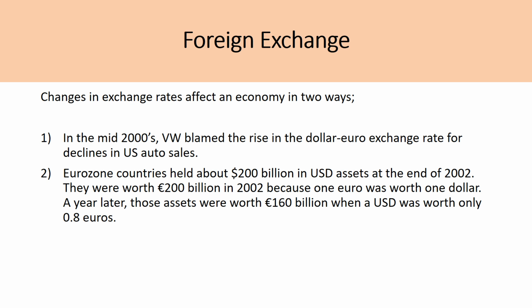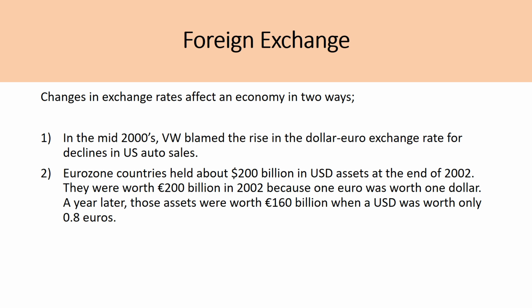So let's look at two examples illustrating this. In the mid-2000s, Volkswagen blamed the rise in the dollar-euro exchange rate for declines in U.S. auto sales. In the mid-2000s, the Eurozone was performing very well, and the euro appreciated in value relative to the dollar. So what happened is that the euro could buy more dollars than before. And so in price terms, say for example, Volkswagen is a European producer. They produce some of their cars in Europe, and so when they send those cars to the United States, relative to prices a few years ago, as the euro strengthens in value, the price of those Volkswagen vehicles also increases,